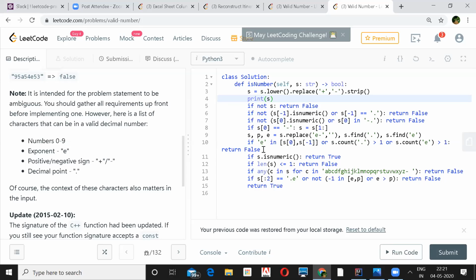If you find E in the first or last character, or the count of points is greater than 1, because you can have only one point in the entire string, or the exponential count is greater than 1, that will be the false case. You can't have more than one exponential or more than one dot. And if the entire thing is numeric, then true. If the length of the string is 1, that's also false. You can't expect a simple 1 to be true.